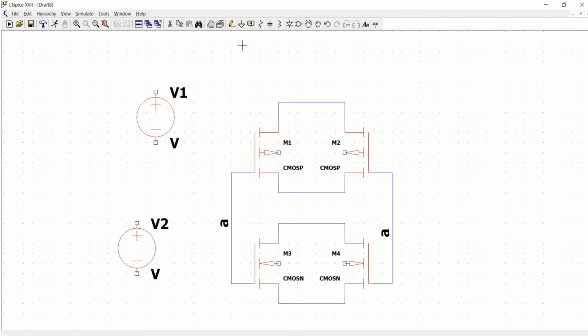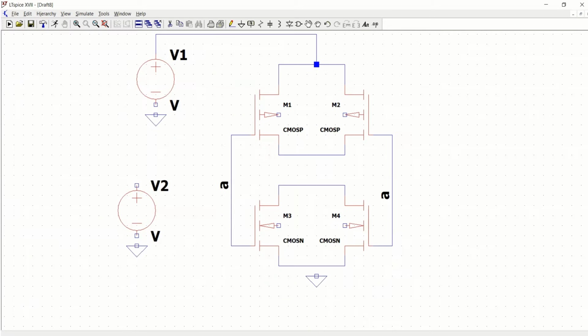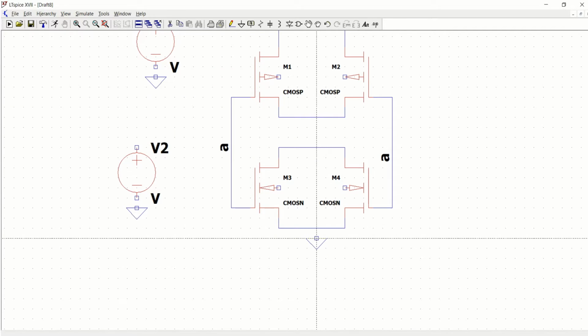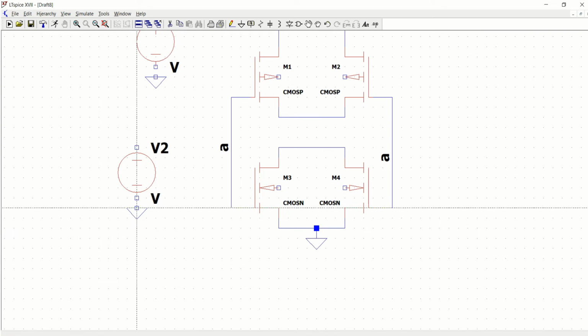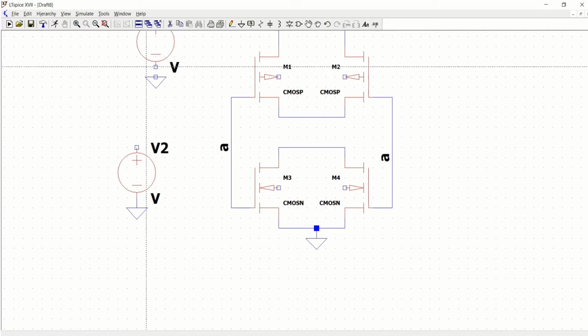Connect the grounds for this and this. Now use the wire for making the connection of the supplies as VDD, and for the ground, and connect these two grounds.